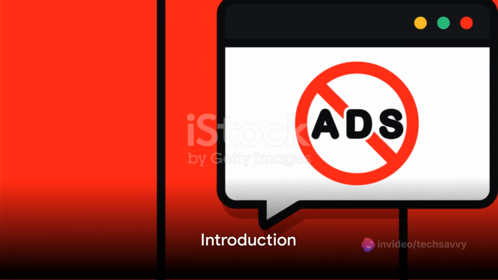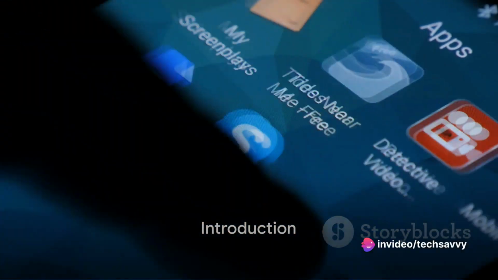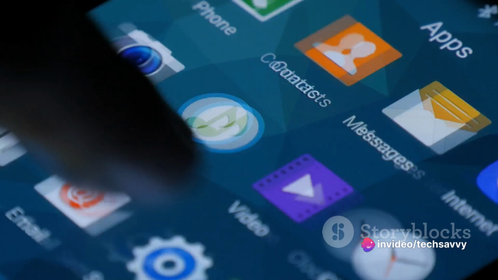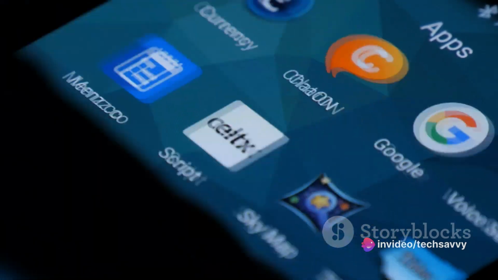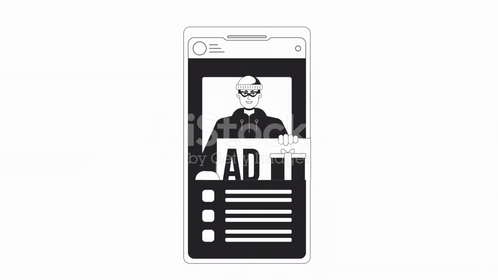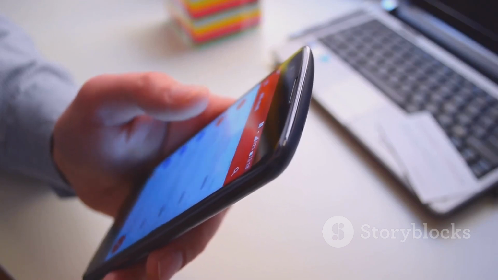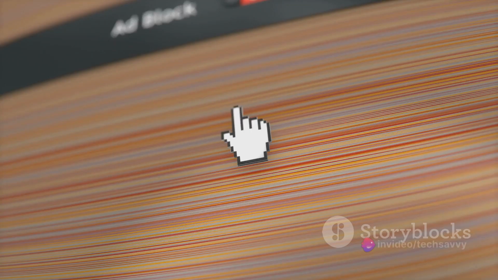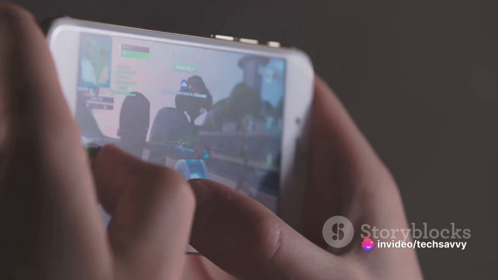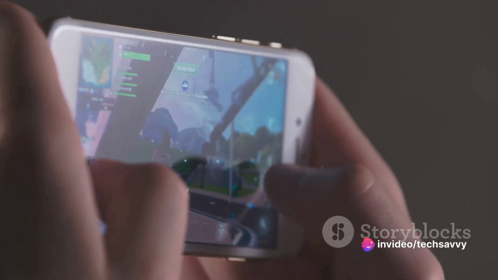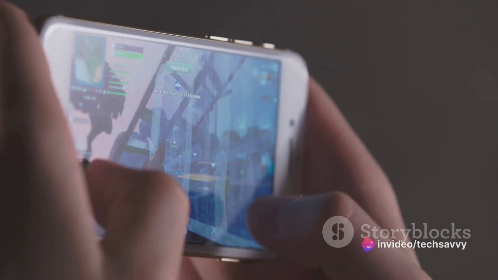Tired of annoying ads on your Android device? You're not alone. It's a common grievance shared by many, but don't worry, we're here to help. This video is designed to guide you through a few methods to limit the number of ads on your Android device. We'll be covering blocking app pop-up ads, managing ad settings, using browser-based ad blockers, and even changing your DNS